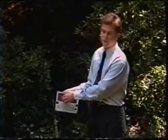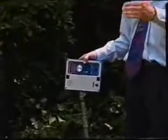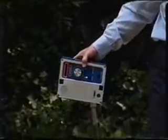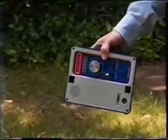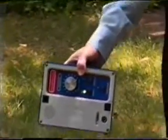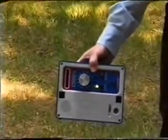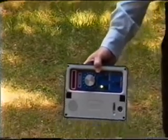We'll turn the signal level all the way full on low power, turn the instrument on, and cut across this area looking for some signal. As soon as I receive the signal, we want to cut across through until it fades out. As soon as the signal fades out, indicating we moved beyond the pipe, we'll move back into the tone area,